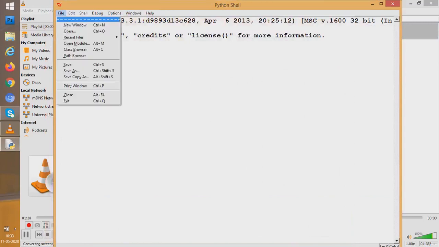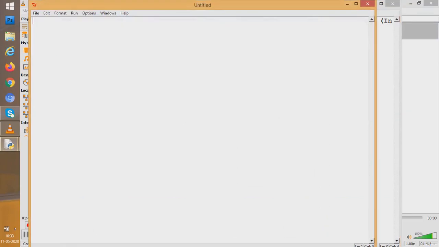So I am now in the Python script and I'm trying to write a program. I will use a file object again, to open the file. What is the name of the file we have? The name of the file is file2.txt, as we saw. And this time, students, we are not going to use W mode. Instead, we are going to use R mode. What does R stand for? R stands for reading. Reading means whatever is written in the file, we'll read those things, bring those things from Notepad to Python.